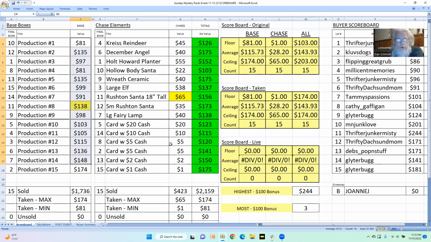And you'll see that there are 2 types of chase elements in these packs. There were the prize pools that got pulled at the end, and then there were the cards with the cash in them that were shown real time. And the first pack was this card with $20 cash. See, technically that should be 13. I have these mixed up, but anyway,